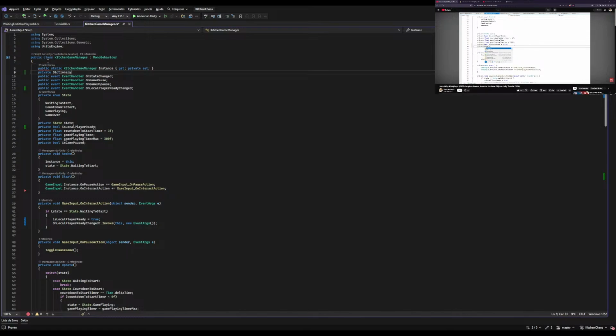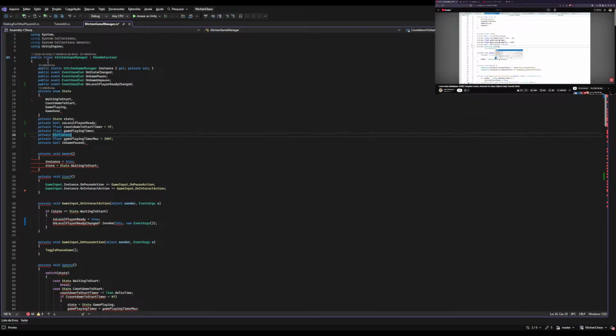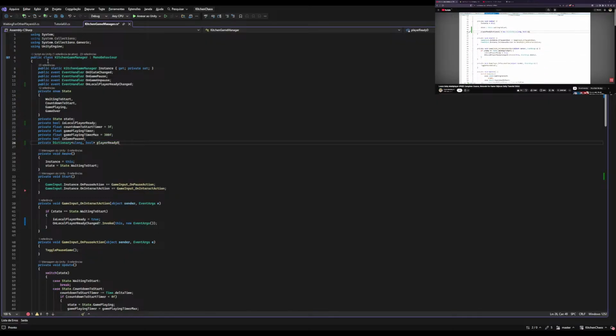So a dictionary for the key, and let's use ulong, which is the type for the client IDs. And for the value, let's use a simple boolean. So let's call this one the player ready dictionary. Okay, so we have this, and over here on awake, let's initialize our dictionary. So by default, all of the keys with all of the possible client IDs, they're all going to be unset. Then down here, when we have the interact action, when we set this player to ready,